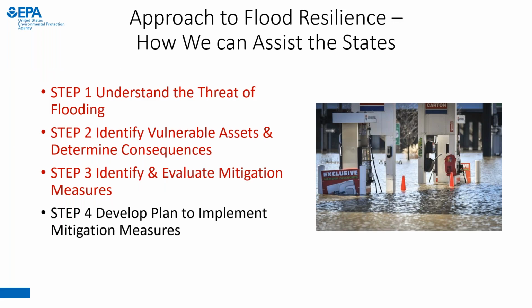So how we think about our approach to flood resilience in the United States is absolutely critical. So of course, understanding what that threat is and getting information out to our partners in advance of the floods is absolutely essential, and identifying what are those assets. So as you'll see in the course of the information that is available here, we can identify what those assets are and begin to as well identify what those consequences may be, and ultimately then look at ways to undertake mitigation.